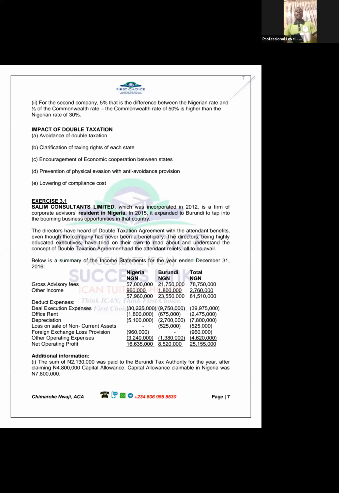You know, the financial accountant's profit is different from the taxation profit. The taxman's profit is different from the financial accountant's profit. The financial accountant's profit is called net profit. The taxman's profit is called taxable profit. So there should be a way for you to reconcile or convert the financial accountant's profit to the taxman's profit. So how do we do it?